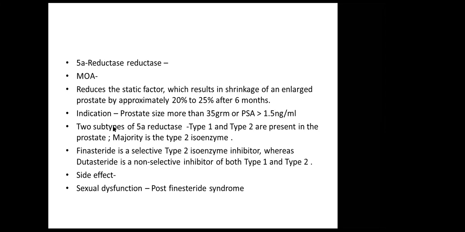The mechanism of action is to reduce the static factor, which results in the shrinkage of the enlarged prostate by approximately 20 to 25% over the period of 6 months. It is indicated if the prostate size is more than 35 grams or if the PSA value is more than 1.5 nanogram per ml. As mentioned earlier, the 5-alpha reductase has two isoforms, type 1 and type 2,